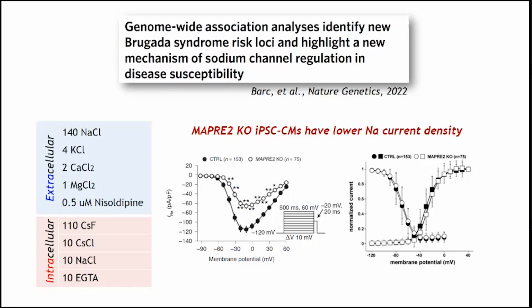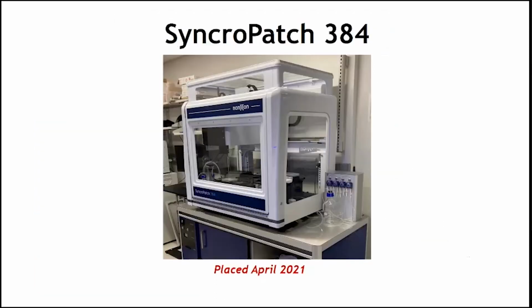Now, at this point, again, all this work has been done on our original SynchroPatch 768 platform. Going forward, because we were doing so much work with cardiomyocytes, it just behooved us to really move toward current clamp, which the legacy system that we purchased was not enabled. Fortunately, Nanion, through their loaner program, let us borrow a new SynchroPatch 384 system, which was placed in our lab